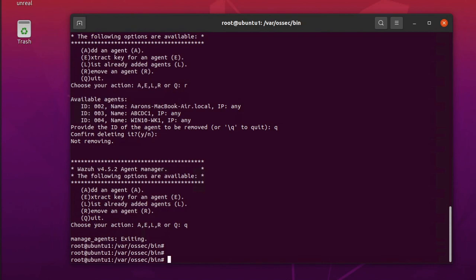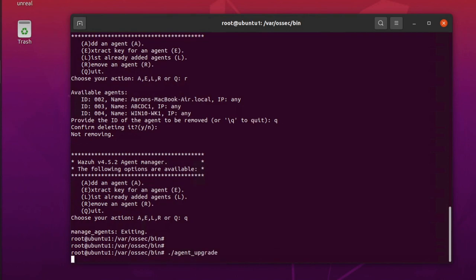So that's another good tip from the CLI for managing your agents. And the other one I thought was neat was the agent upgrade. I came from a 4.4.1, and I think we're running 4.4.5 right now. On some of my other setups I manually upgraded the agent through the box, not knowing that you could do this. Like I said, reading the documentation helps. So we can do agent upgrade,